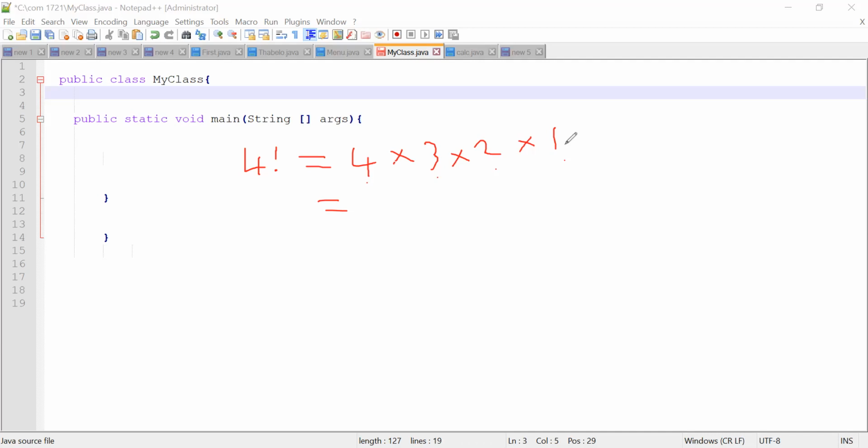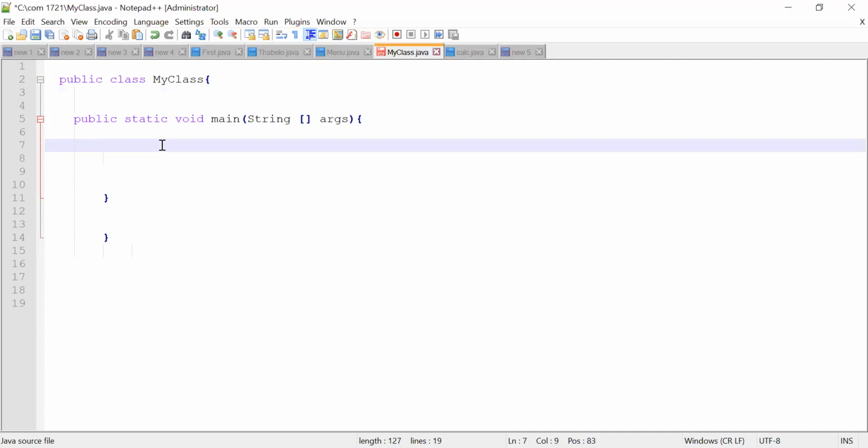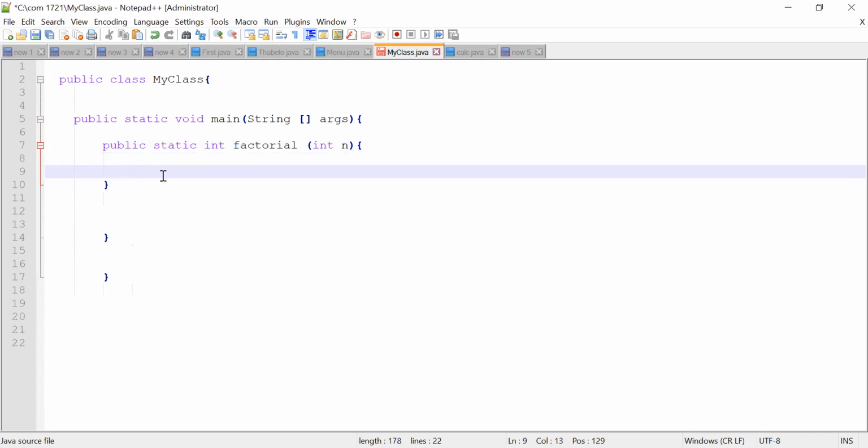So let me clear my screen, and I hope you will be following. The first thing that we can do is say public static int. Let's use int, because most numbers that we use are whole numbers. So let's just do it like that. Right there, let's put one argument, because we are creating a method. So the method should be: if n is not equal to